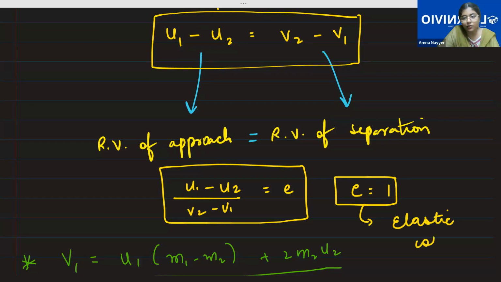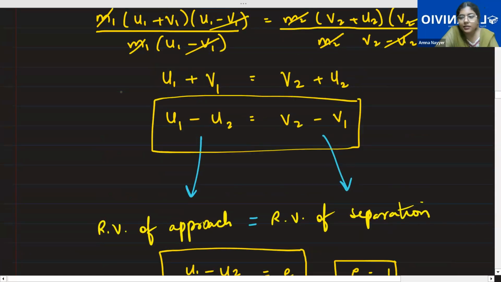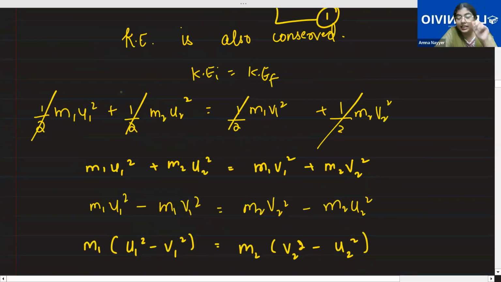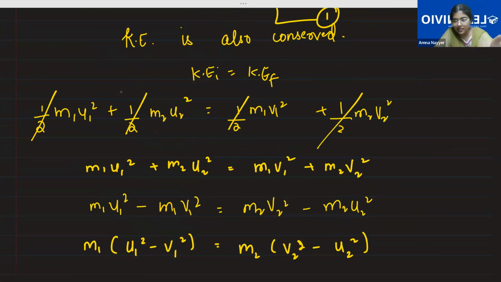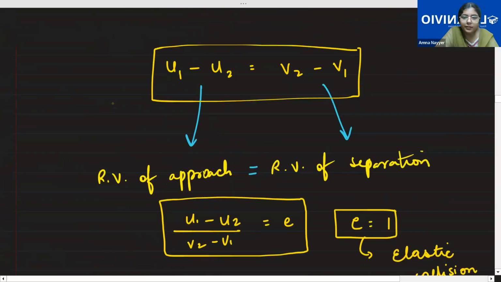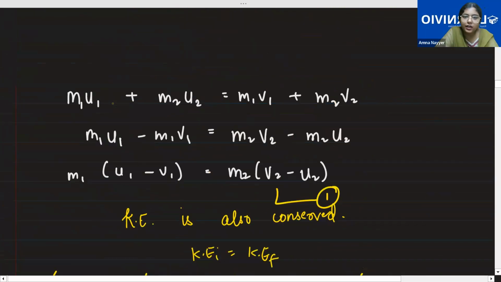Now, have you both understood why E was taken 1 initially? So this comes as a derivation for elastic collision. Only in elastic it comes, not in inelastic. Under the heading of elastic it comes, okay? This is often asked in the exam. These formula-based questions, I'll tell you later. First, you write down the derivation.